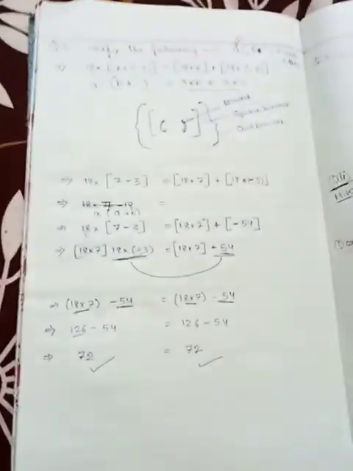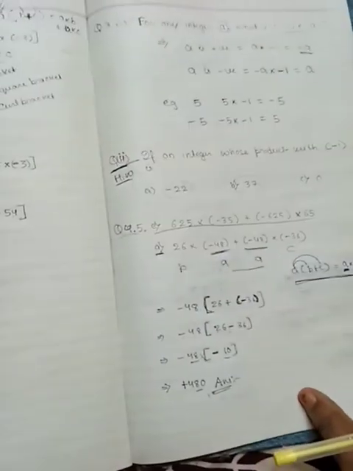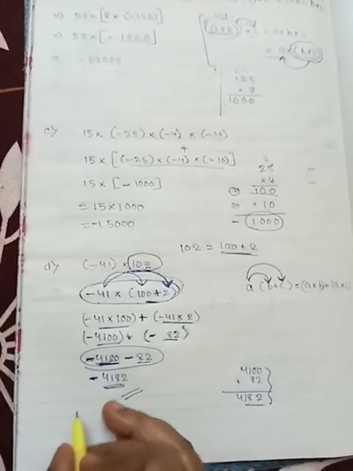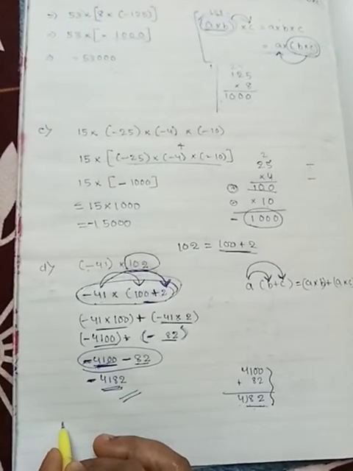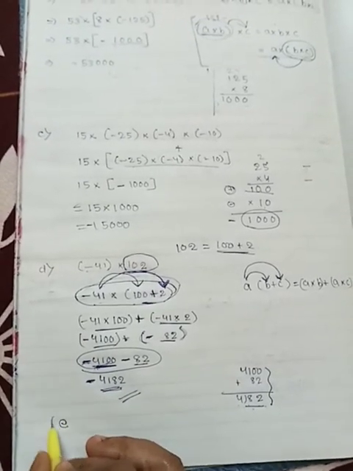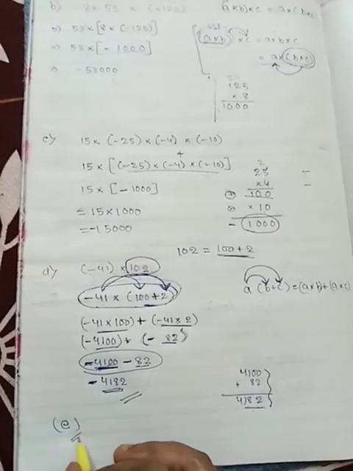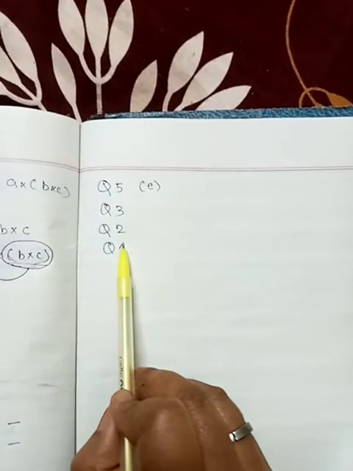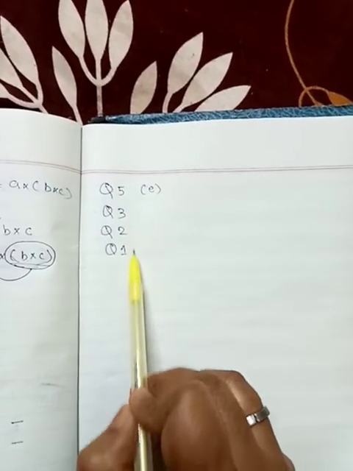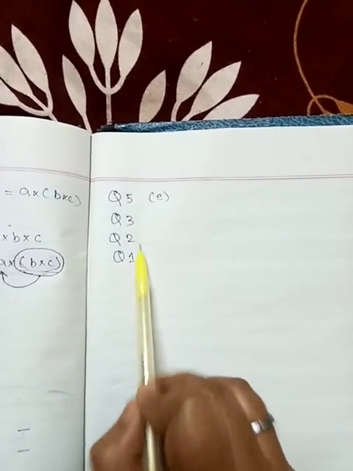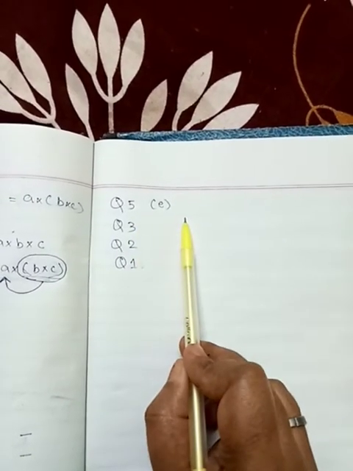So in this question, you just see question number 5. A, B, C and D we have done. You just do the rest of the questions like E. Okay. So your homework will be question number E. So you just see, these are your homeworks. Whatever questions I have solved, leave those questions and do the rest all on your own. Okay.